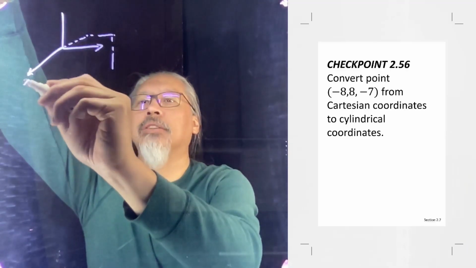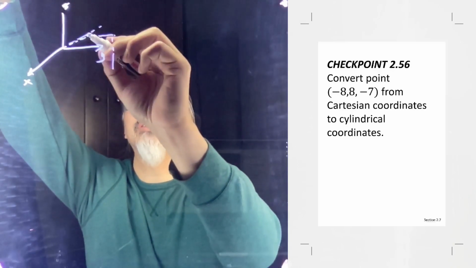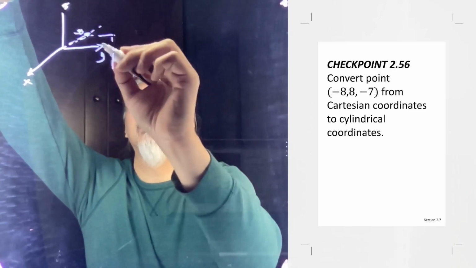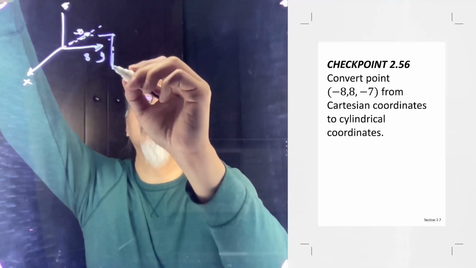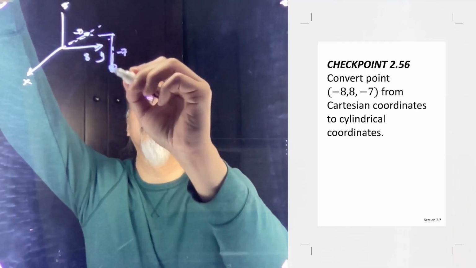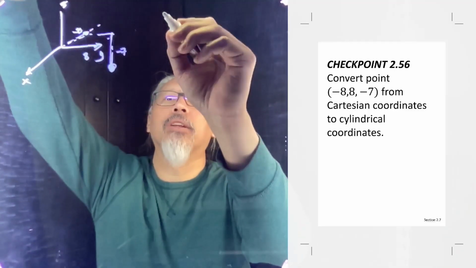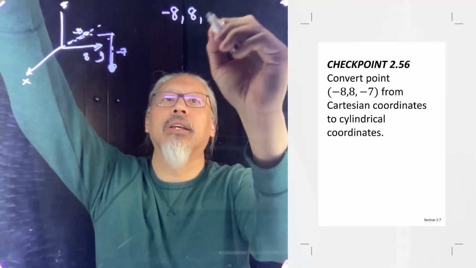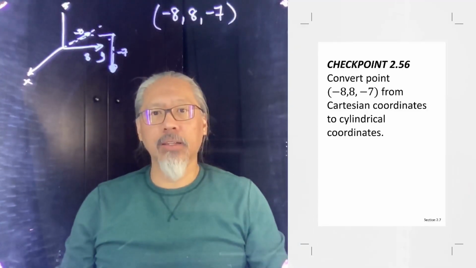So given that this is your x, your y, and your z, we went in the negative direction, -8. We went in the positive direction, +8. And then we went down 7 units. This is your point. Now when we're looking at this point, (-8, +8, -7), we're going to try to transform that into